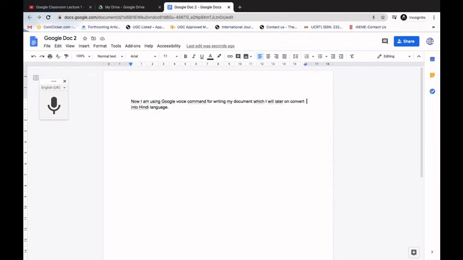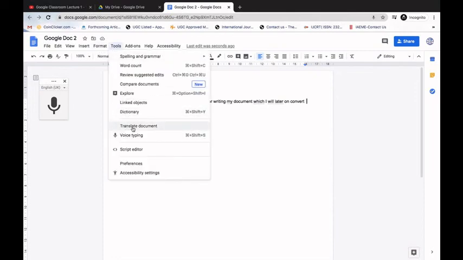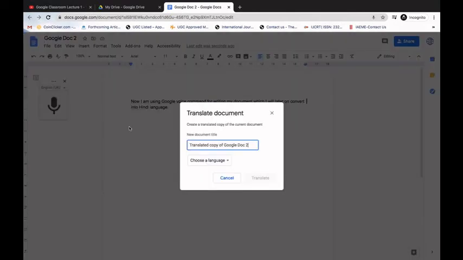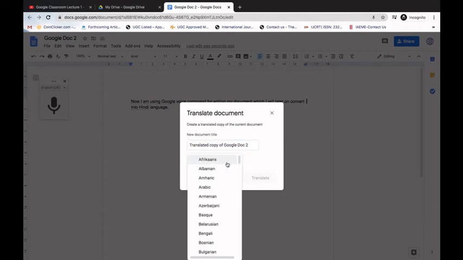So how can we convert or translate this document into Hindi? Again, we have to go to the tool option and click on translate document. The moment I click on translate document, it will ask me for a new document title, which is "translated copy of Google 2". Okay, and in this we have to choose the language. Google provides us major languages, which are the major official languages